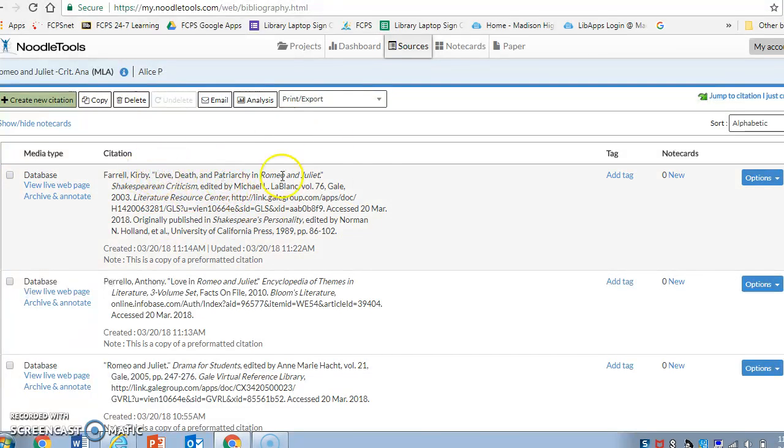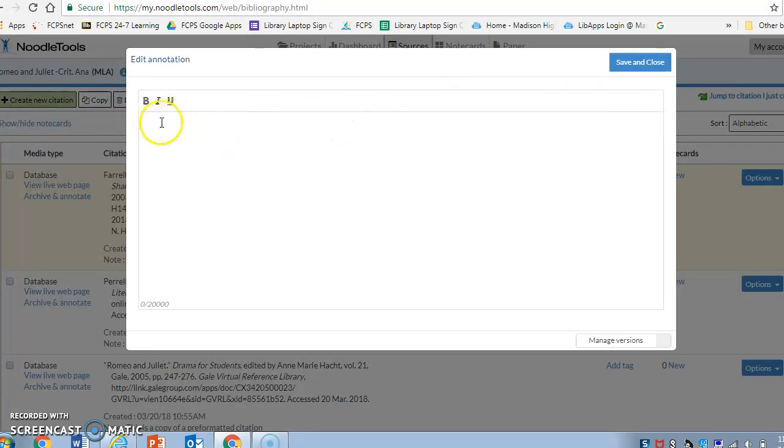Let's say I've gone ahead and read this article. Now I'm going to choose Options, go to Edit Annotation, and I come up with a blank screen. And this is where I'm going to go ahead and type my annotation. And so here I'm going to put my justification for using this article, my summary